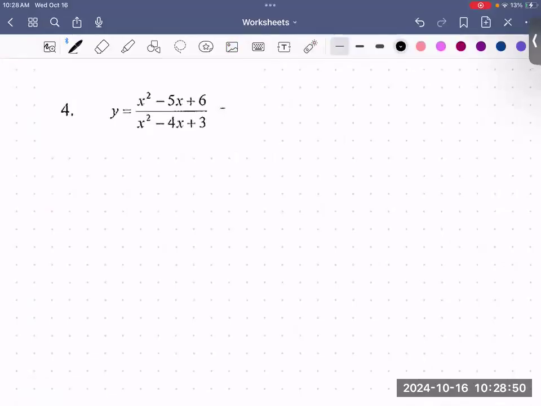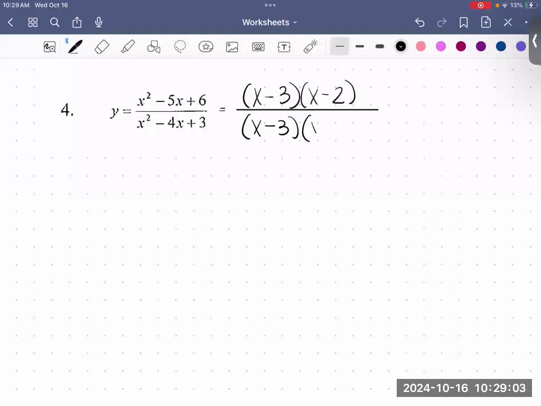So first thing we want to do is factor. So the top gets to be x minus 3 and x minus 2. The bottom gets to be x minus 3 and x minus 1. Let's see, I'm going to just double check real quick. All right, now notice that we do have an item that cancels out. Now, anytime you cancel, you do create a hole. So we do have a hole